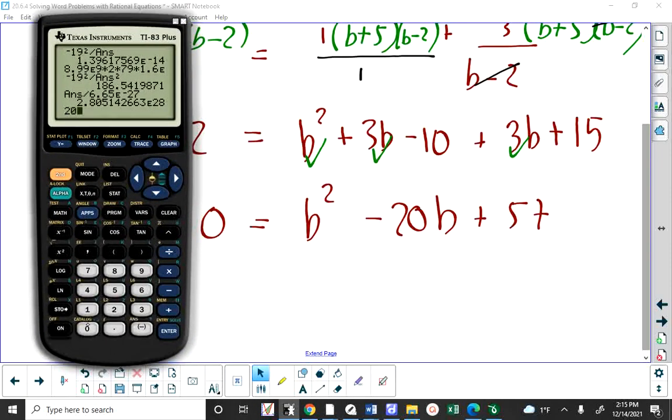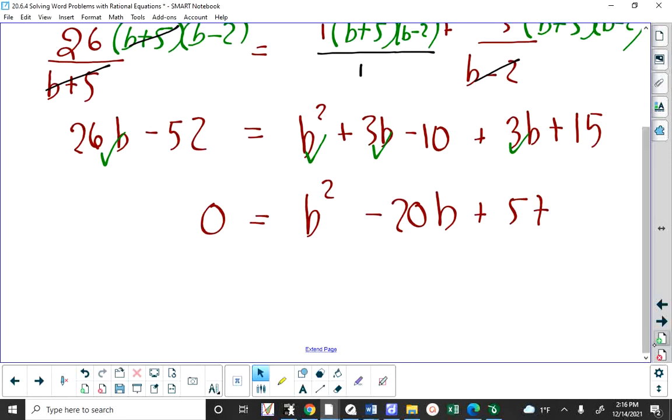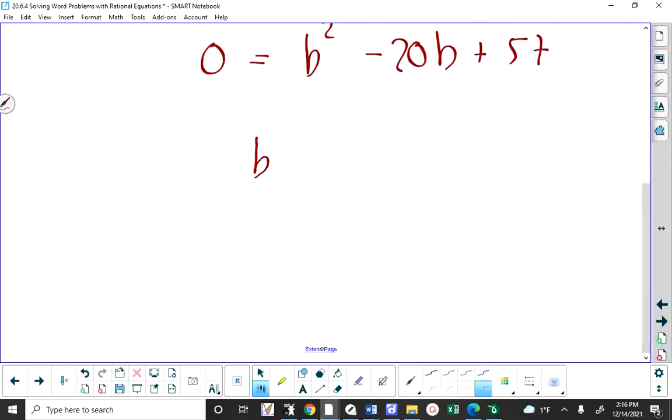So b squared would be 20 squared. Again, I don't feel the need to put negative 20 in. I squared it, it becomes positive, minus 4 times 1 times 57. 172, definitely not a perfect square. But that means that b is equal to